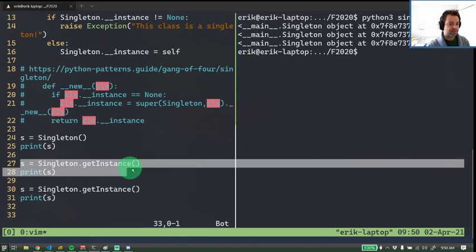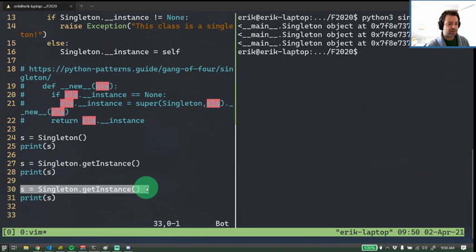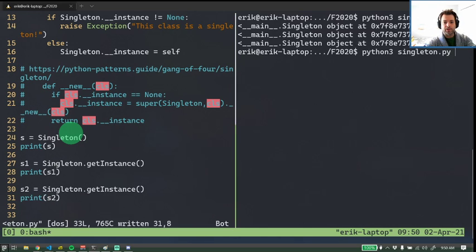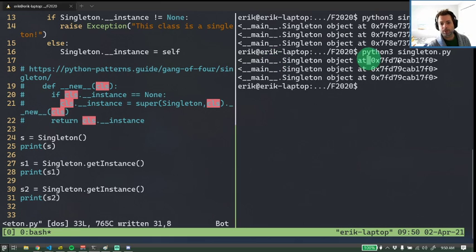If you print a class in Python, it just prints out this is an object at this memory address. Well, let's call getInstance. Print that out. Call getInstance. Print that out. So I've got three separate variables, right? They're the same variable name. I could call this S1 and S2, and I'd get the same thing, right? So the same memory address here. Basically, I've implemented the singleton pattern, and I could use that for whatever my program needs now.